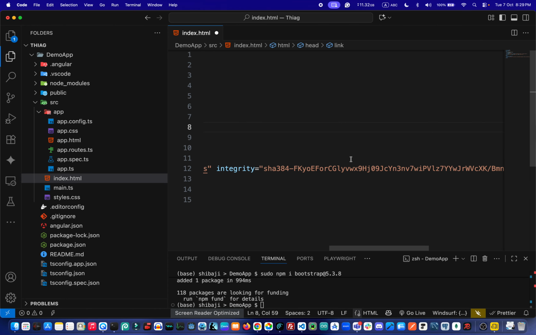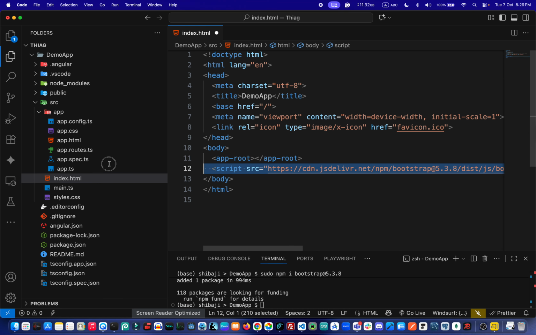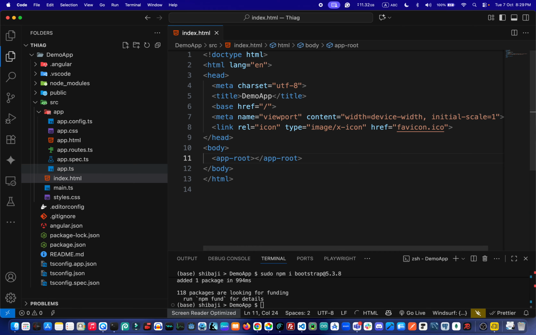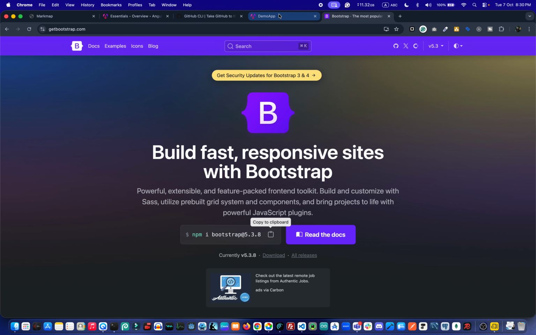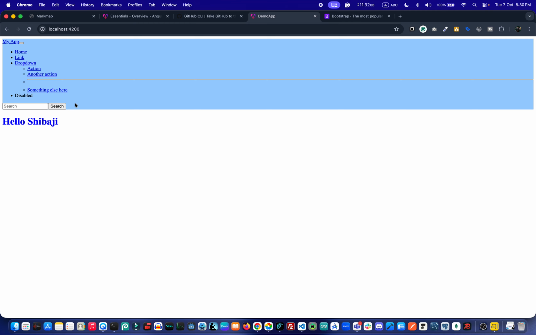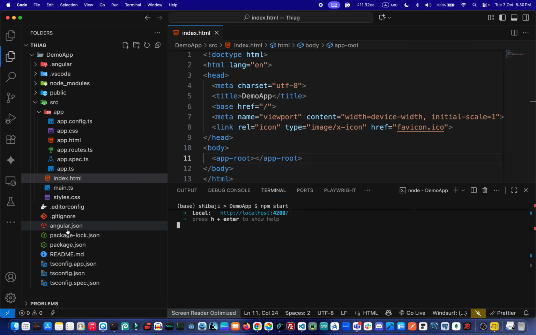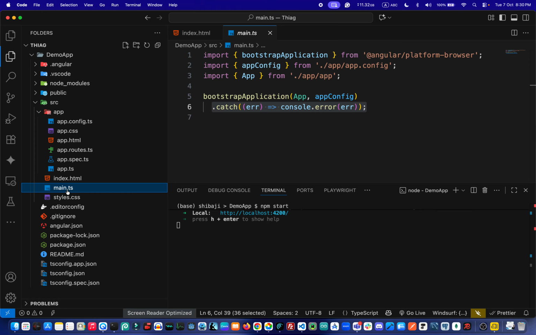Okay, just remove it now, and once I remove it from here, after that if we run the application build command, so this is our application running, and after that here our designs are broken. Basically base css is not available, so for that particular reason it's not working. So now what we can do next is go to the main.ts file, and after that